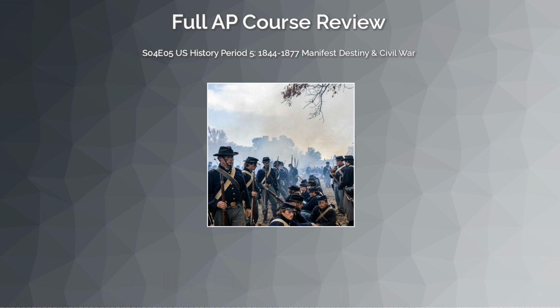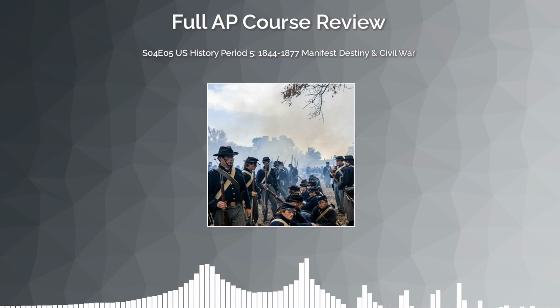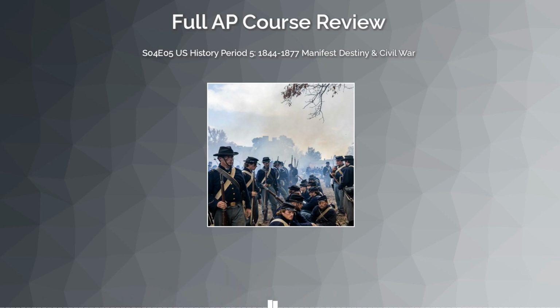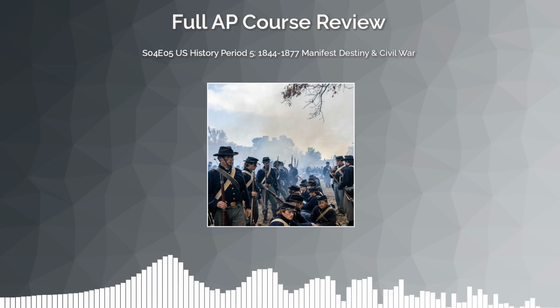Millions eventually did. The Pacific Railway Act of 1862 authorized the construction of a transcontinental railroad with massive federal land grants and loans to the Union Pacific and Central Pacific Railroad companies. The AP exam loves this because it illustrates how war-era necessity accelerated economic integration. A connected nation was harder to divide.